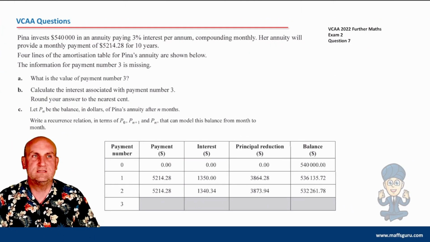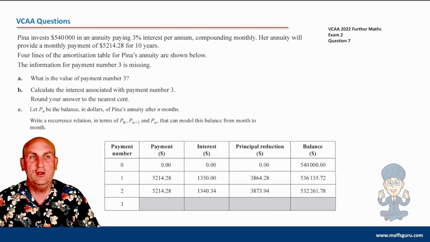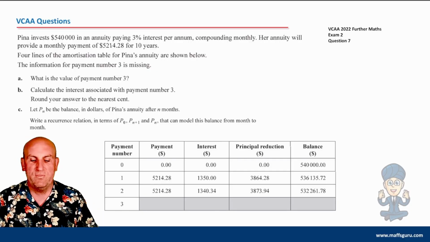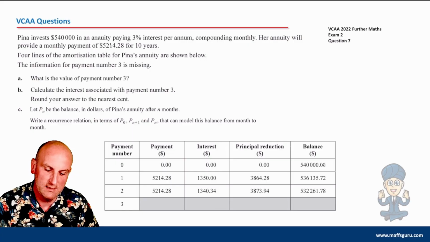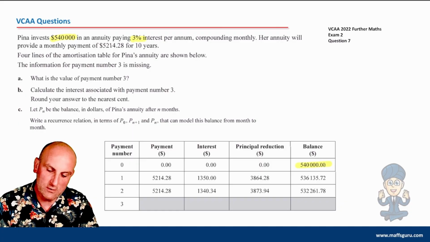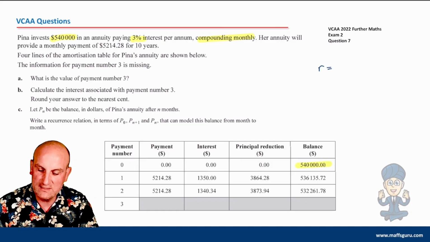So here's some VCAA questions. Peanut invests $540,000 in an annuity, paying 3% interest per annum, compounding monthly. All right, got a lot of information here already. So there's an initial amount. That's line payment 0. 3% interest compounding monthly, which means my monthly rate is going to be 3 divided by 12,